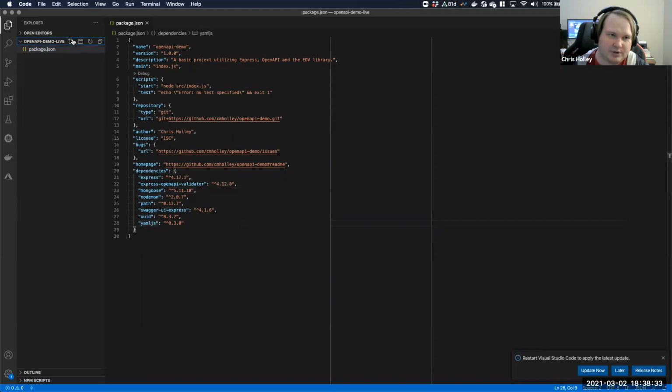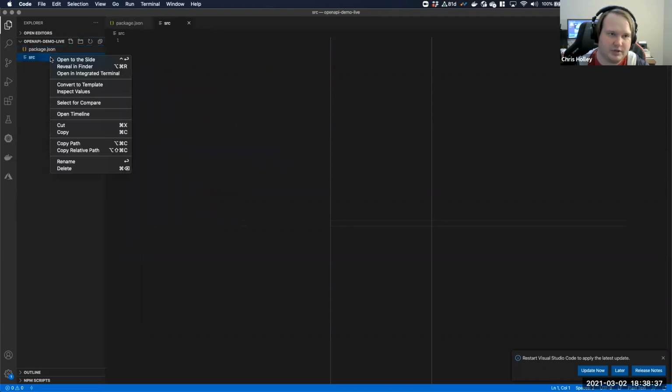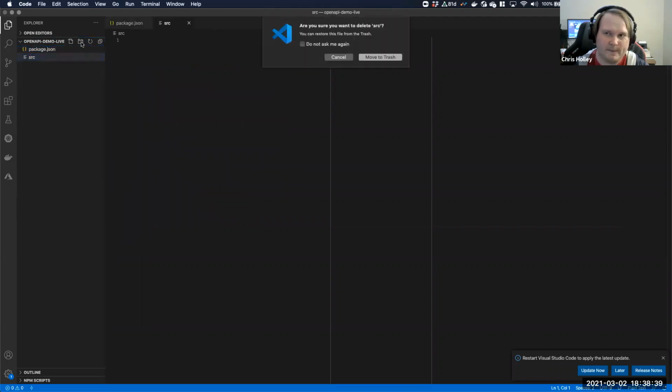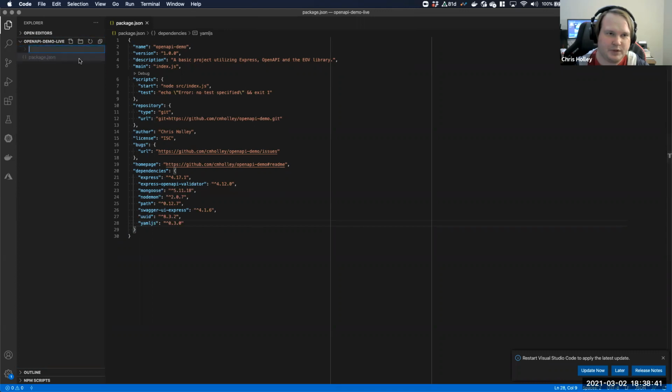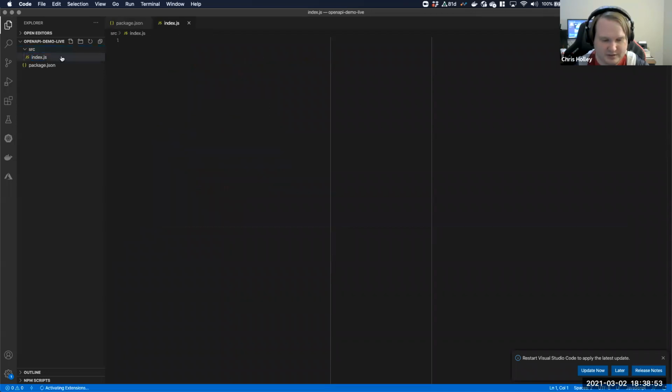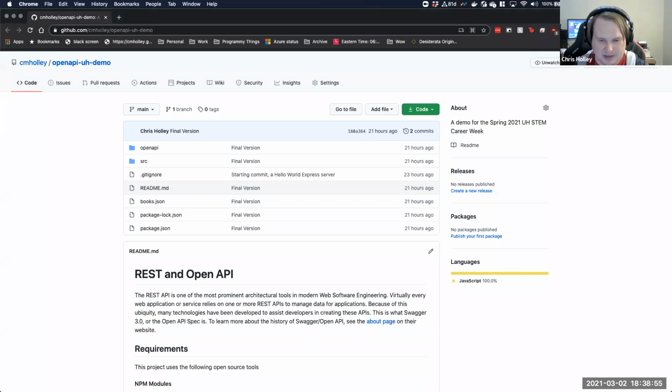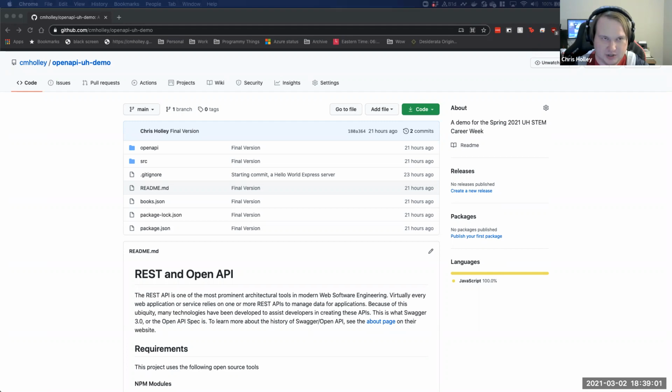So now what we're going to do is create a source directory, but whoops, not a file. We're going to create a source directory, and then inside of that, we're going to make a file. We're going to call it index.js. And then what I'm going to copy here is just the hello world explanation from